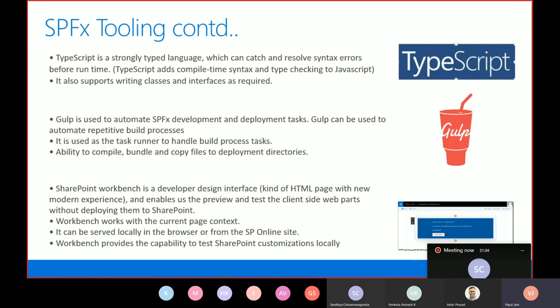Now what is gulp? Gulp is used to automate SPFx development, and I will say that it works like a task runner. That's it. Gulp has different tasks with it. I can say gulp clean, I can say gulp serve. All these are different tasks which gulp provides. It is just a task runner kind of thing to handle our build process. The other thing is SharePoint Workbench. There are two types of workbench in SharePoint Framework where you can test your web parts. One is the local workbench. Another is the SharePoint Workbench. I will be talking about this